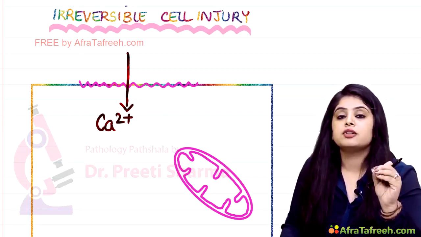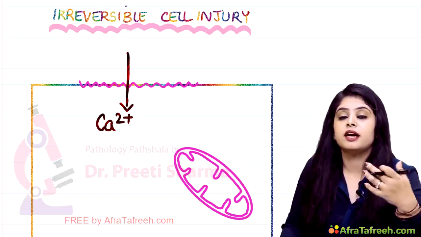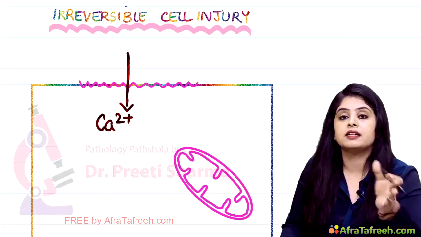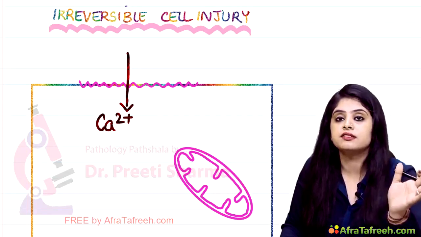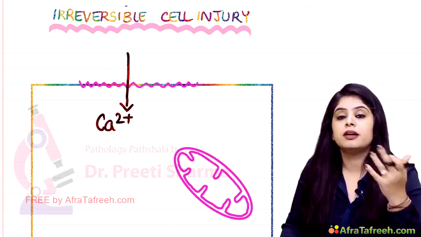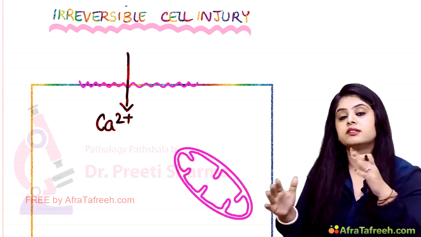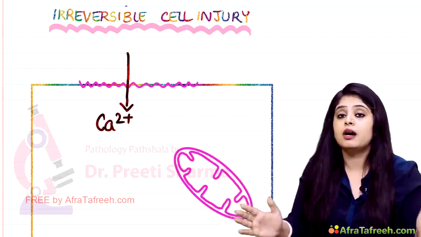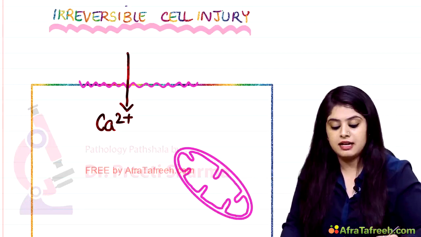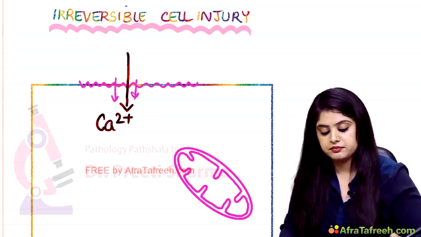And why is that so? Because if the calcium would be kept inside the cells, it will activate all the enzymes, and all your enzymes after getting activation will destroy your cells. We don't want that. We don't want the cells to get destroyed by their own enzymes. So we keep the calcium outside, we keep the enzymes inside so that this stays separate. But now what is happening? The membrane is getting damaged and there is going to be calcium influx.